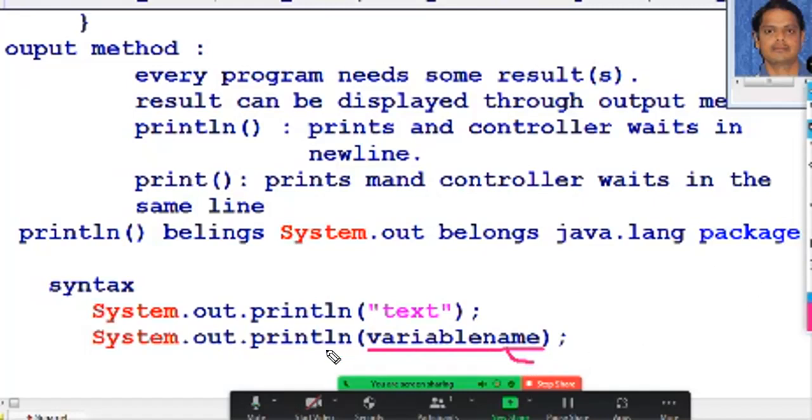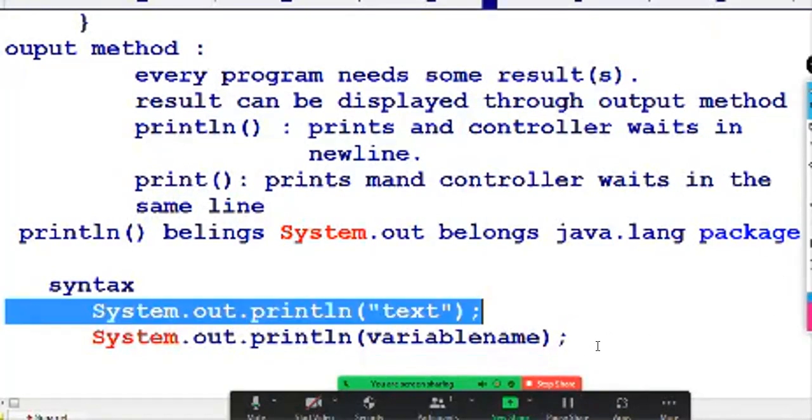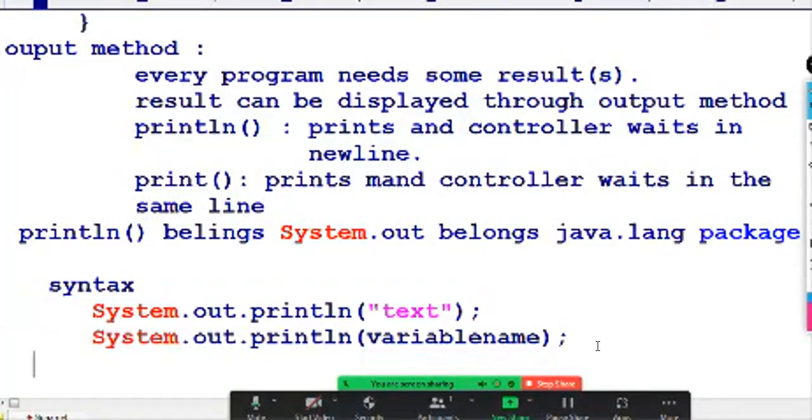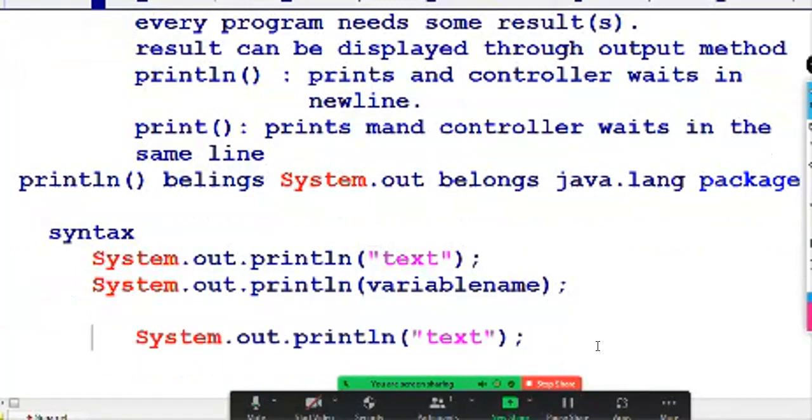Can we print both the text and the variable at a time? Yes, we can. Both text and variable will be printed. We use the append operator; plus is called the append operator. In Java, everything is a string: text plus variable value.